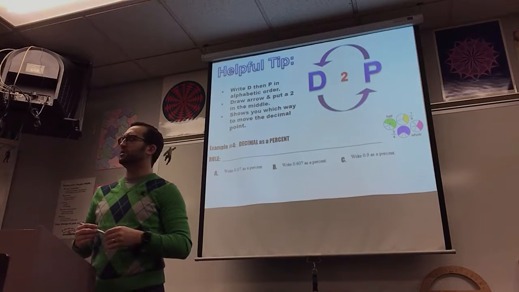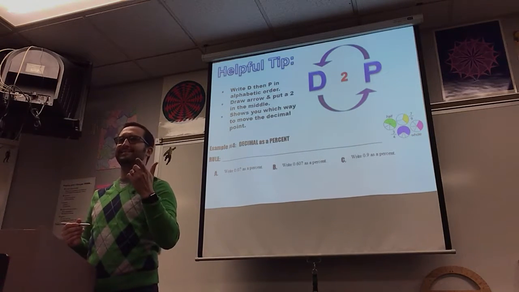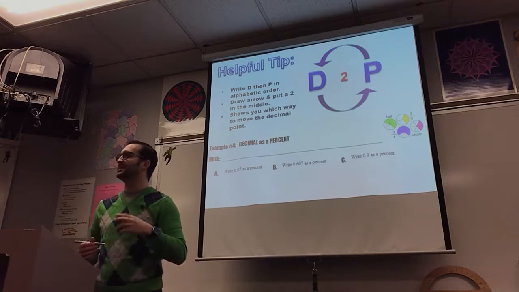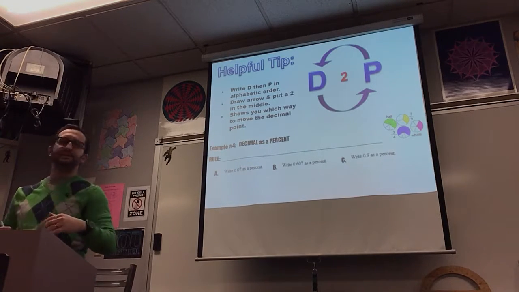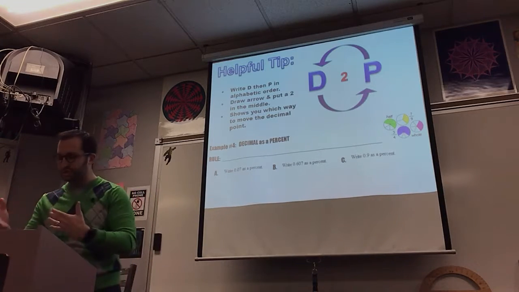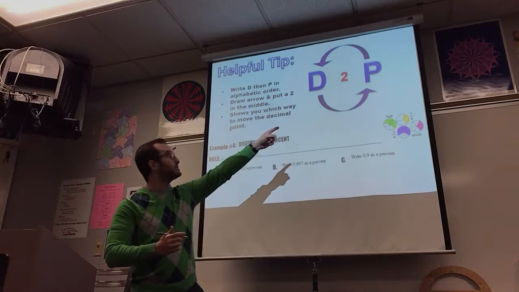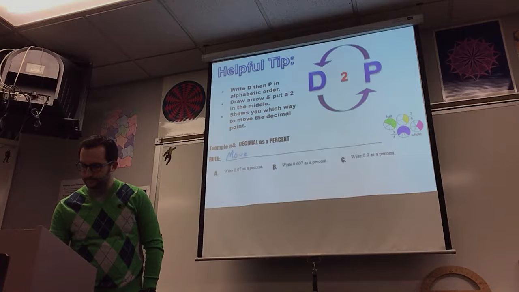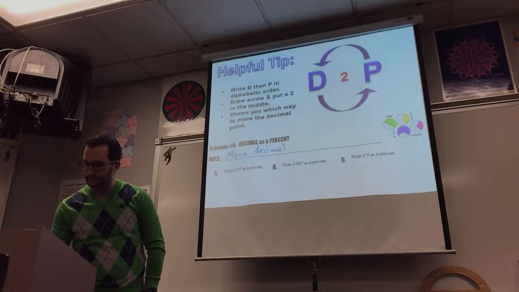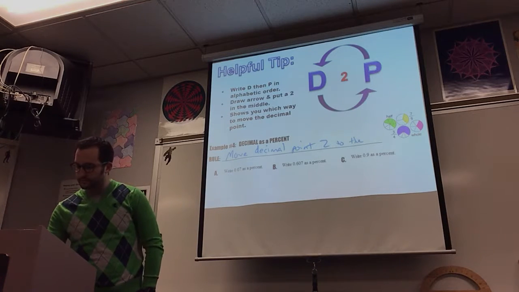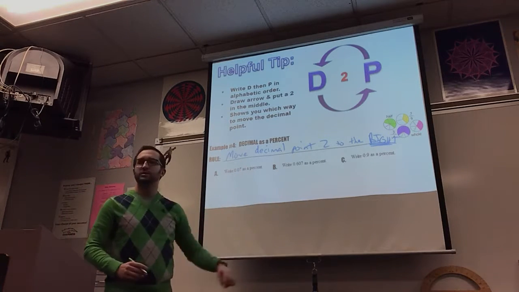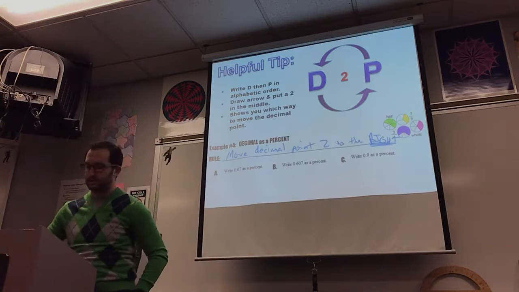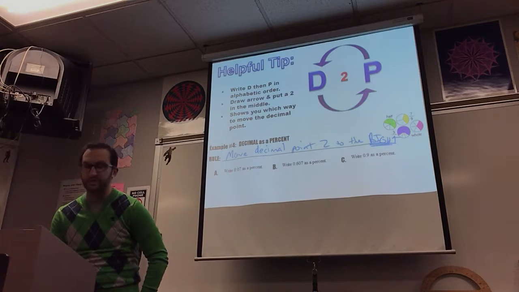Why 2? Why not the word 2? Why the number 2? You get to move the decimal 2 places over. Exactly. That's why I call on Desi, because she got that earlier, right? So we move that decimal place 2. 2 to which direction? So if I'm going decimal to percent, which direction am I going? Move the decimal point to the right. To the right. So 0.07 written as a percent is 1, 2, move it 2 spots to the right, is